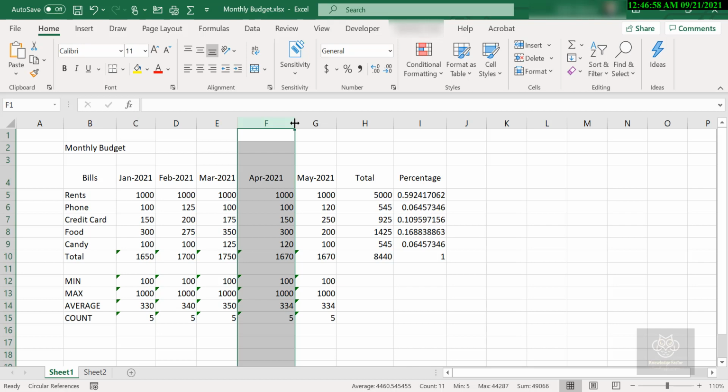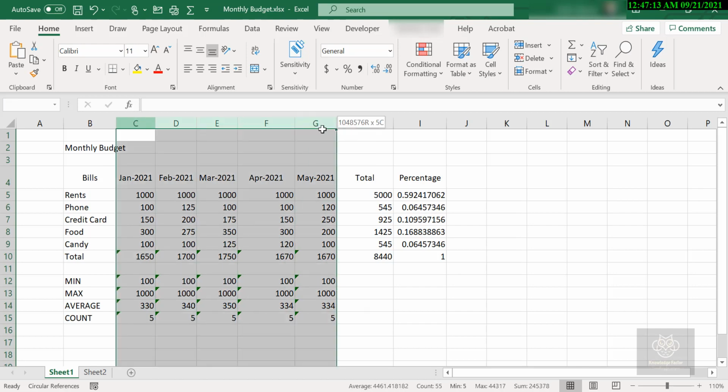Something else you can do. Love this one, and it's a question I get asked all the time. How can I adjust multiple columns? Well, let's say I want to adjust all 5 months, and maybe the total and the percent, let's just throw them on there and exclude the bills. I'm going to highlight C through I, right?